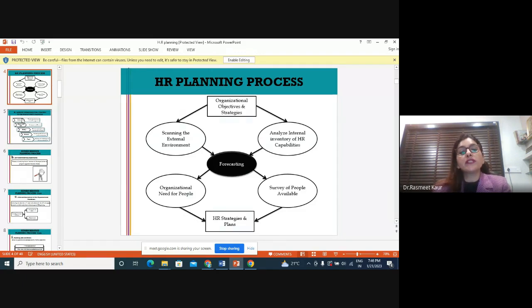An organization could be just a startup, just entering the industry, and it would have different objectives and strategies. Whereas if I compare it with a firm that has been in that industry for the last 10-15 years, enjoying a boom, it would have a separate objective and strategy for its manpower planning. And take a third example, an organization which is running at a loss, it would have its own organizational objectives and strategies.